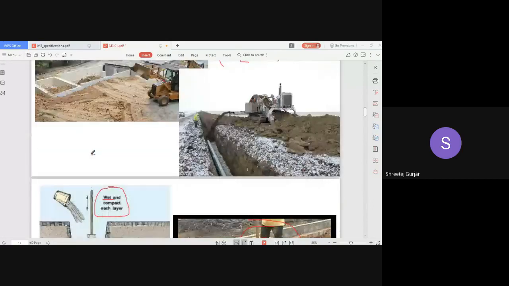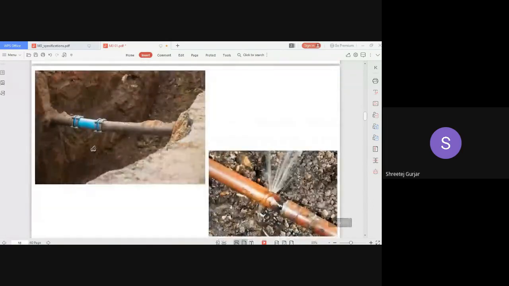Then if any pipes are there, you have to slowly fill below the pipe first, properly. Then fill the left side and the right side, and slowly compact it. Make sure that you do not disturb or damage the existing lines. That is the case when you have existing lines underground.